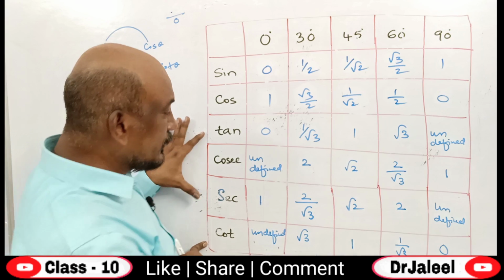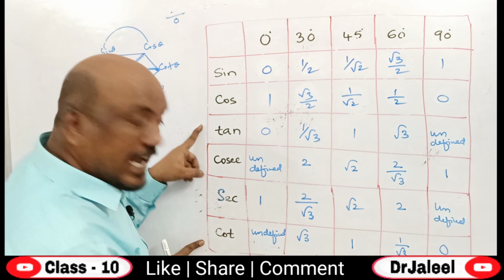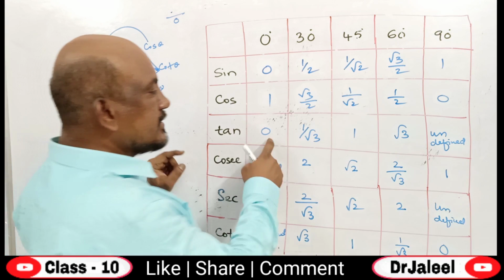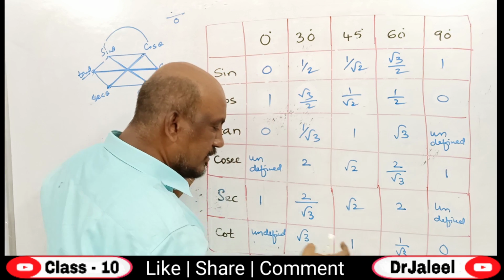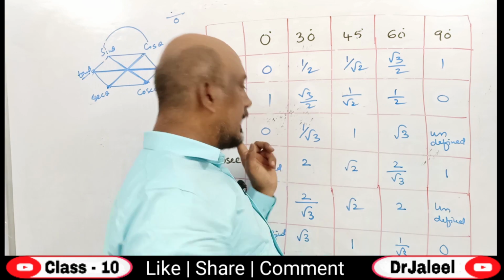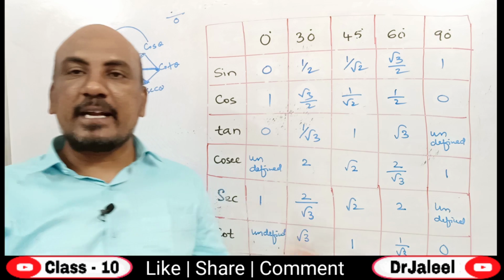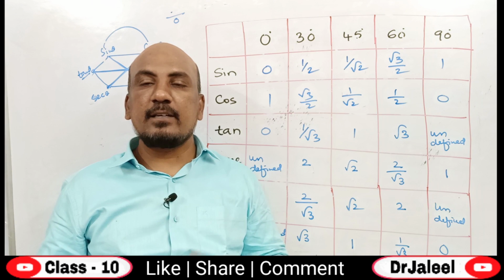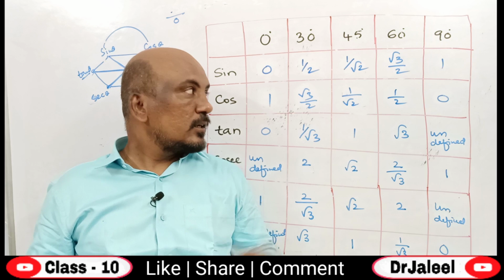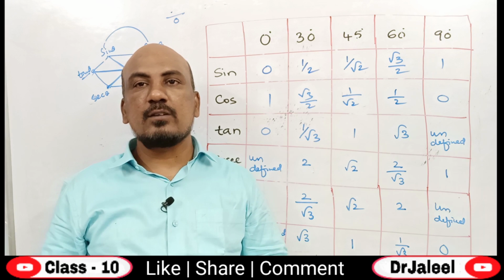Still, if you take these two, as sine and cos are directionally opposite, cosec and sec, even tan and cot also this will be applicable. 0, 1 by root 3, 1, root 3, undefined. So this way the tan is going and cot is coming that way from right to left. So children, this is how you can get this table, and you can remember this table, and you can use this in any problem wherever you need the values of these ratios.